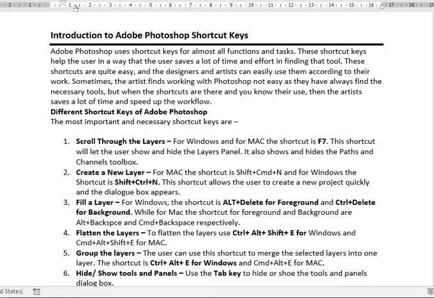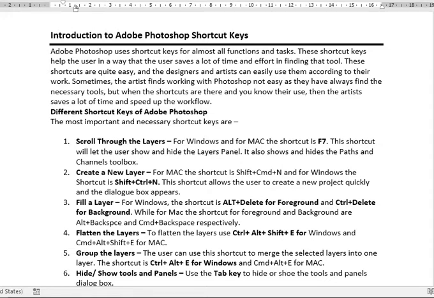That means Adobe Photoshop has a lot of keyboard shortcuts, and for each and every task and function, Adobe Photoshop has a separate keyboard shortcut.